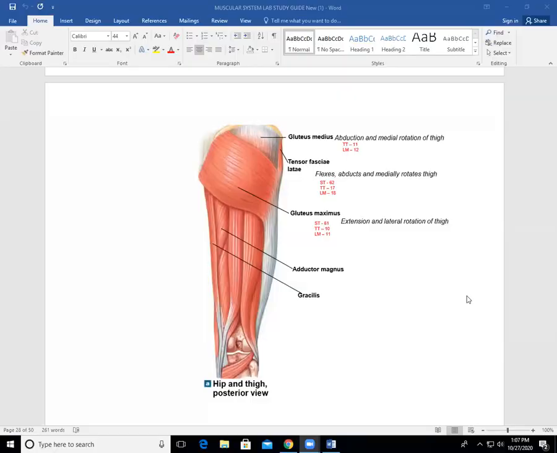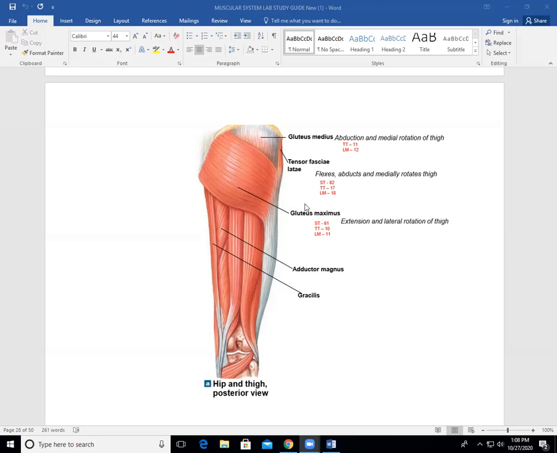All right, so as we mentioned, it's a large muscle, gluteus maximus. When it contracts, it helps you extend your thigh. So like if you're running and you press against the ground as you're running, you're using your gluteus maximus. It's one of the muscles you're using to do that. Also, if you think about the way the muscle fibers run, if it contracts where the origin and insertion are, it's going to help laterally rotate your thigh away from the